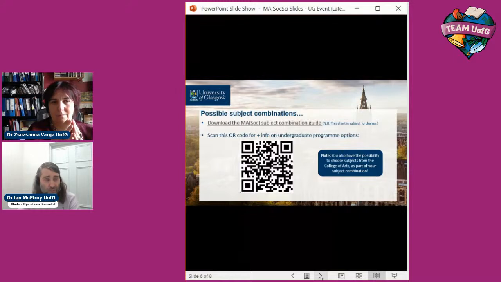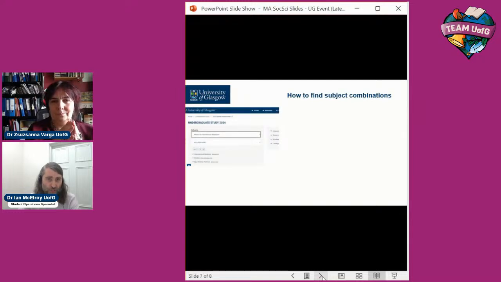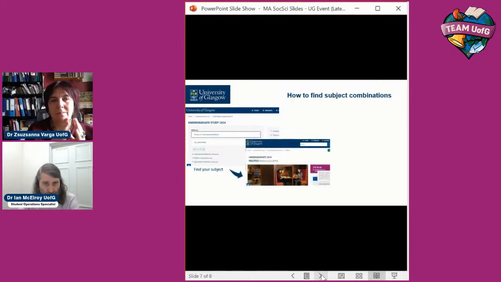If you've got any other questions, you can always contact the admissions team here at Glasgow, who will be able to answer those questions. And if they can't, they would pass any other questions on to us so we can get in touch. So this slide is popping up now, and it shows you the process through which you can use those pages. The QR code will take you to the undergraduate student pages. Find the subject you're interested in looking at. Once you go into that one, it'll take you into a page that's got general information about that subject. So it'll give you a little blurb about it. It'll give you an indication of assessment and all the various things that will go on. And then if you scroll down,